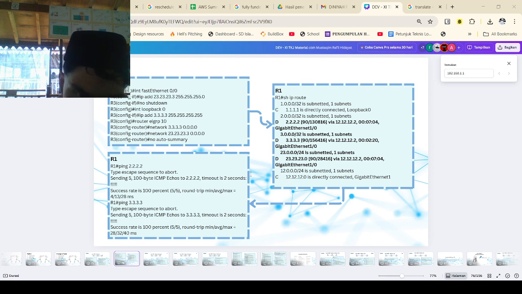How does it work? EIGRP on each router tells its neighbors, these are the streets I can reach. Each router picks the best path and installs it in its routing table. That's why R1 can ping both loopbacks even though they're behind R2 and R3. So the next,